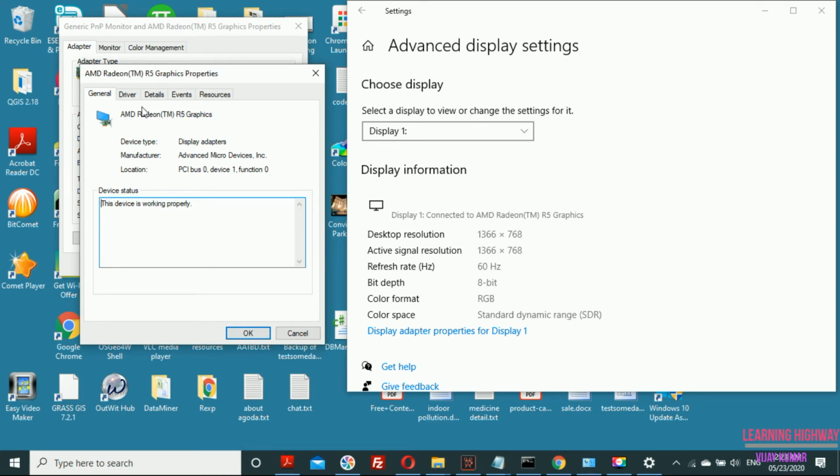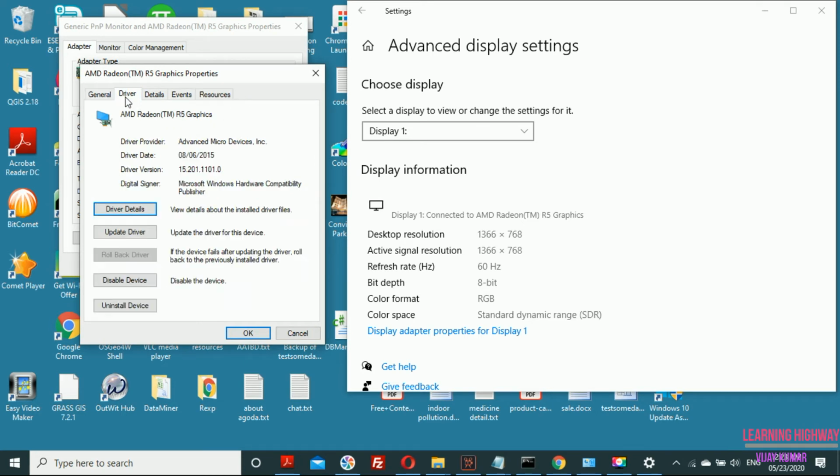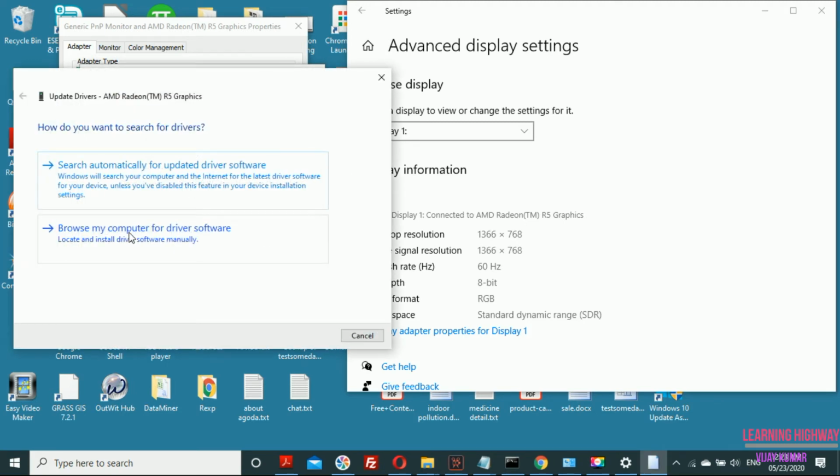and from here I am going to the driver tab, and from this property box what I can do is update the driver. When I click on the update driver button, I see two options. One is I can browse for the driver if I have already downloaded it, or otherwise you can select search automatically for updated driver software.